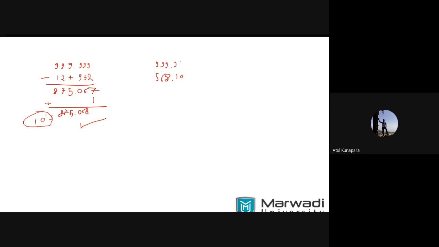You can just take it and get the number 999.999 here. So just subtract it to get the nines complement number. That is, here you will be getting 9, then 8.1, 3 and 4. So that's your nines complement. Okay, and you add one more in that, so that will give you the tens complement. 9 plus 1 is 10, so you get 0 over here, then 1 here. So it will become 9 here.